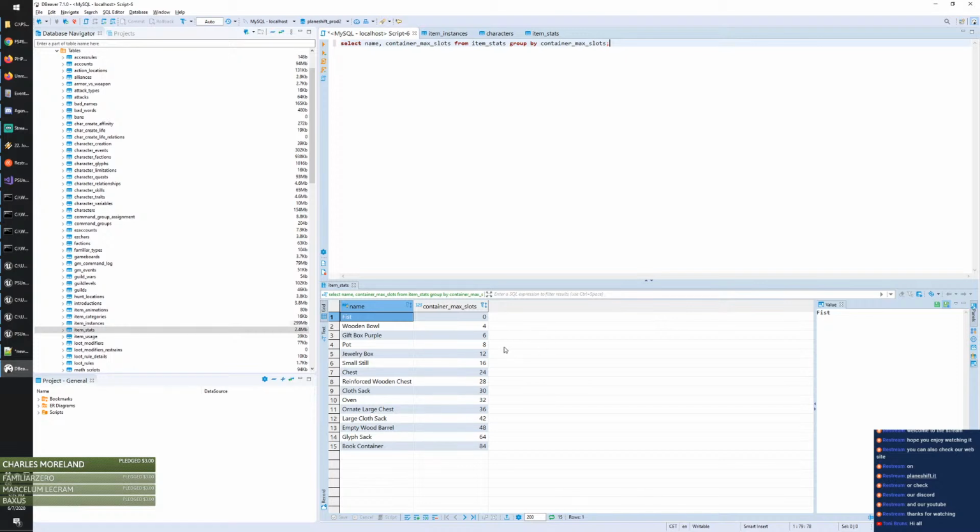Yeah, but anyway, these are the sizes of containers that we have in the game. Some have 30, some have 32, some have 36. So it's quite a mess, I have to say. But it's okay. I think it's variety. Variety is never bad, but